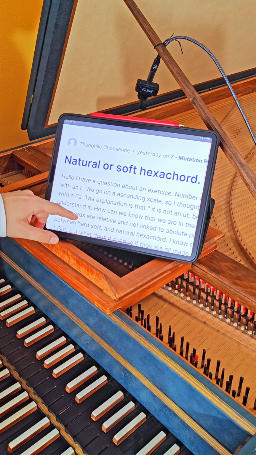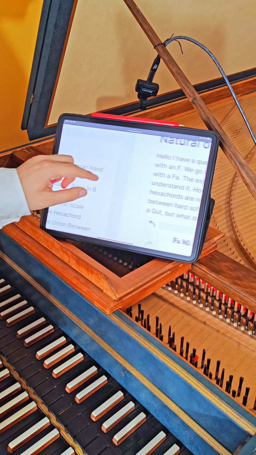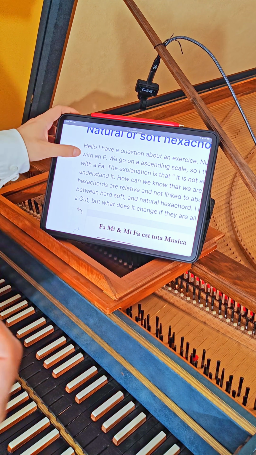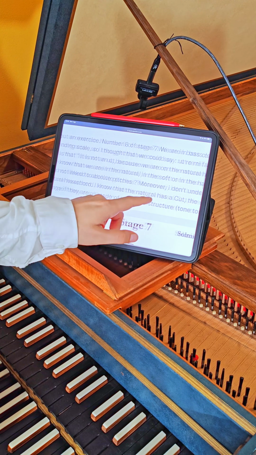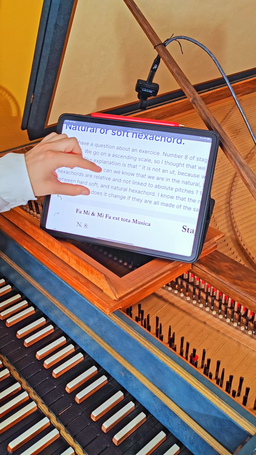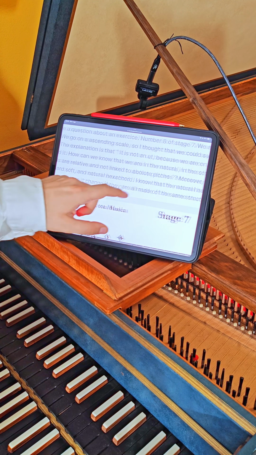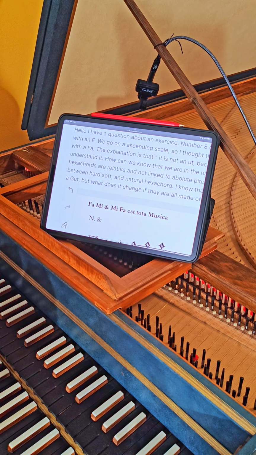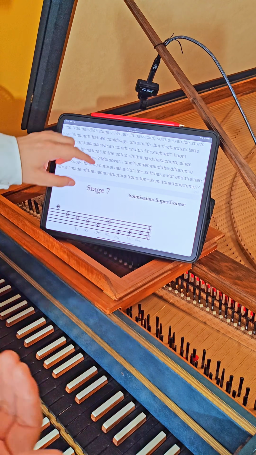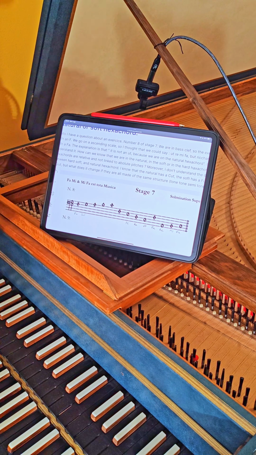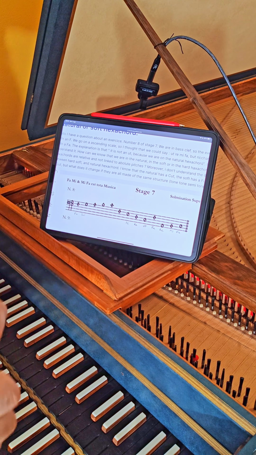I don't understand it. How can we know that we are in the natural, in the soft, or in the hard hexachord, since hexachords are relative and not linked to absolute pitches? Moreover, I don't understand the difference between hard, soft, and natural hexachord. I know that the natural has a C ut, and the soft has F ut, and the hard has G ut, but what does it change if they are all made of the same structure, tone, tone, semitone, tone, and tone?" Very interesting question, because the main point of this question is that we have a modern point of view